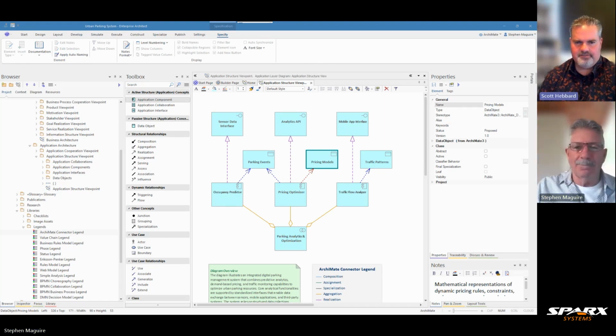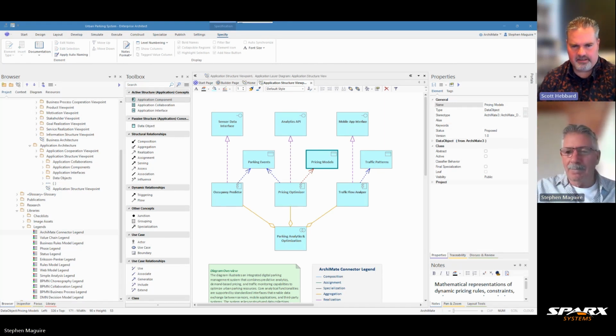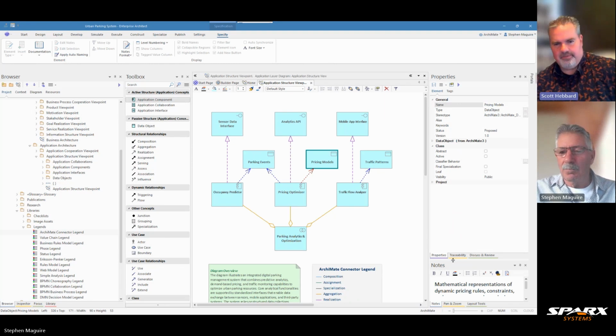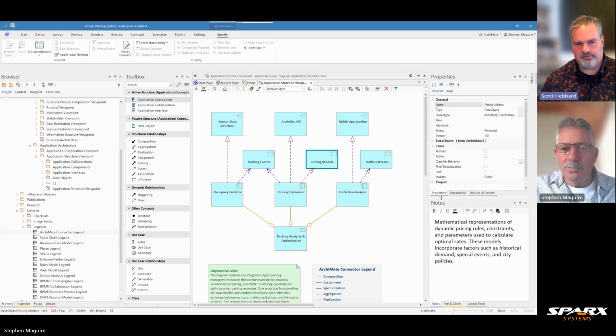Well, thanks for that, Stephen. It's great to see it come together, and yeah, it looks quite comprehensive, and the development team now knows what data sources they need and what interfaces they need to develop. So yeah, very, very valuable and interesting.